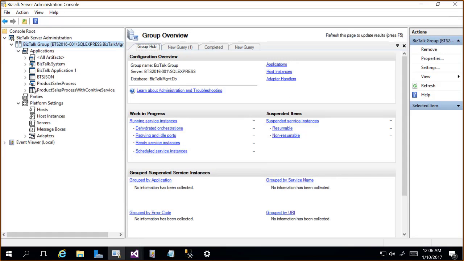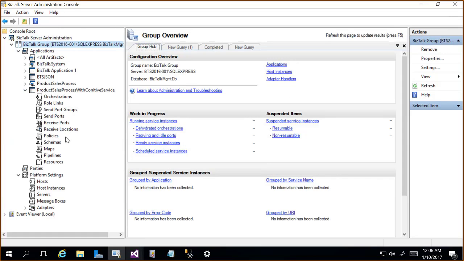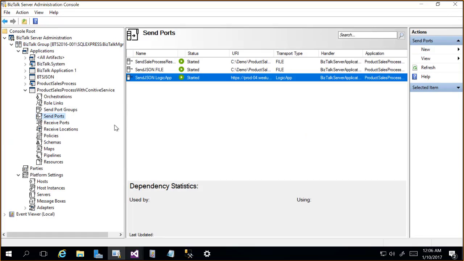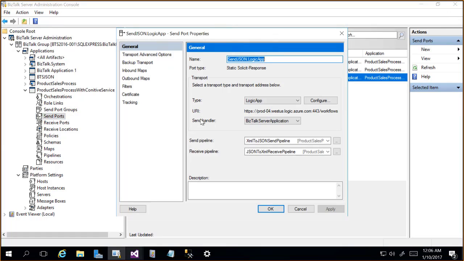If I go here, this is the application and this is the adapter. First you need to install the Logic App Adapter. It comes standalone, and once you install that, you should be able to see Logic App Adapter in your adapter type here. Once you select configure,